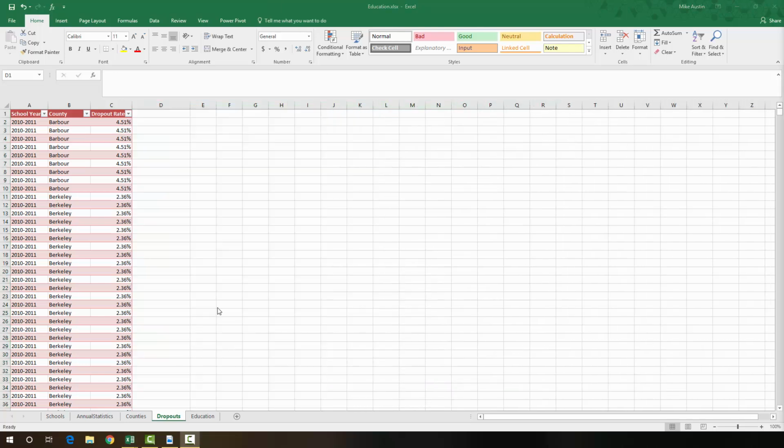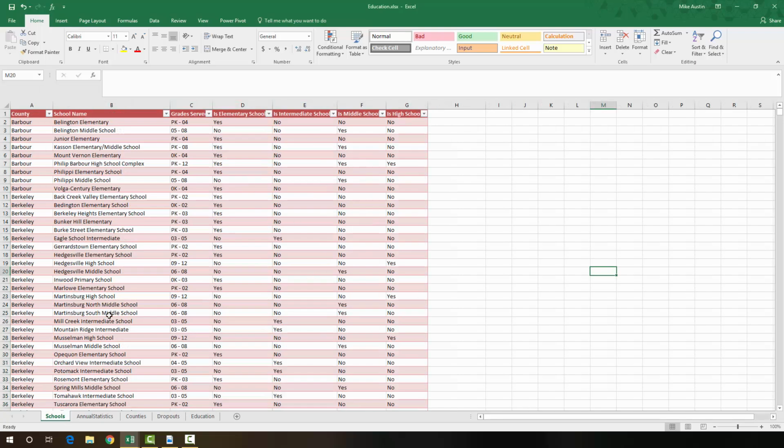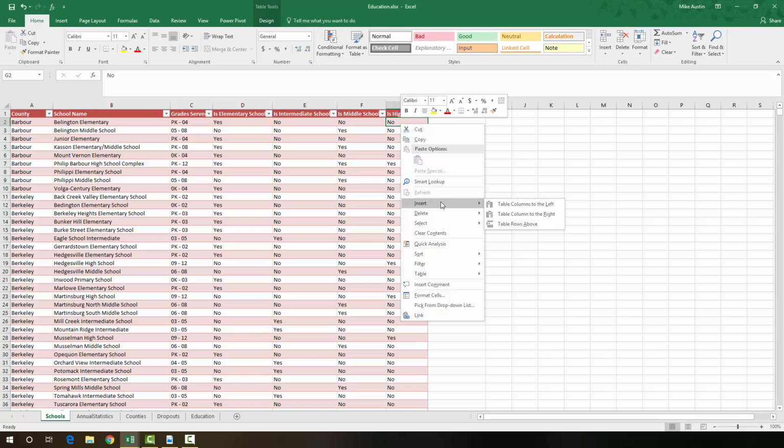So the next thing that we're going to take a look at is kind of removing some redundancy that's going on. And if we take a look in the schools table right here, or in Excel it's called a worksheet, but when we import this into Access it'll be as a table itself. We have all these different columns right here, these different fields, like is elementary school, is middle school, is high school, and we'd really like to consolidate that into one field that kind of says everything about all this information right here, because this also doesn't take into account schools that are none of the above, for example, technical institutes, or like if they're just like an other type of school, like a community college perhaps, or something like that. So what we're going to do is we're going to insert a table column to the right,